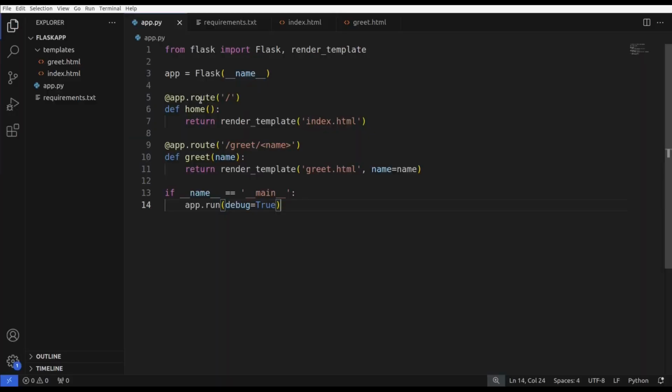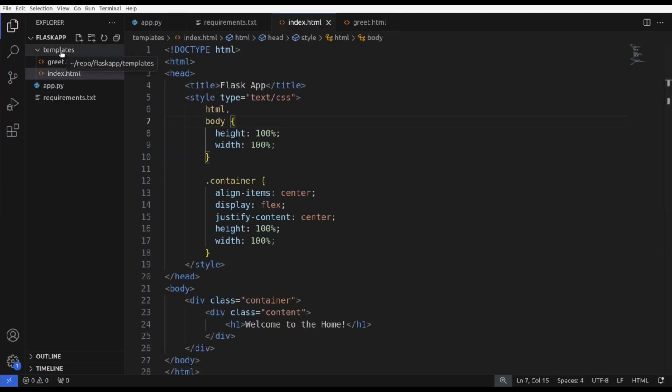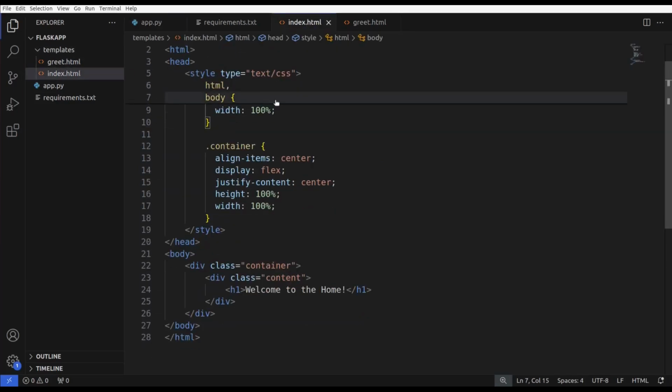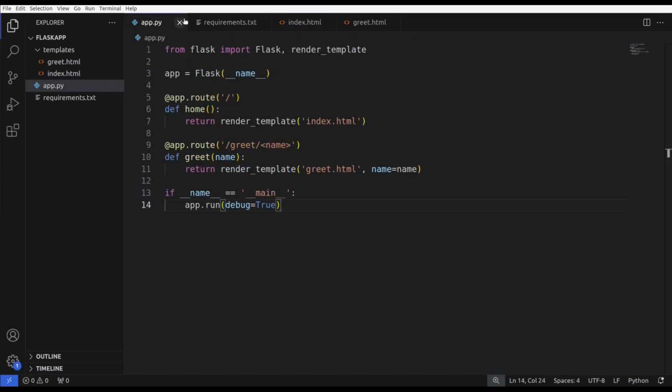So here is our application which is performing very simple things. It has two web pages. One is the home page, which renders a template called index.html, which is kept inside the directory called templates. Here is the HTML for this index.html, which will display a simple message to the user that says welcome to the home, and the other web page is the greeting page which will display simple greetings to the user, which we